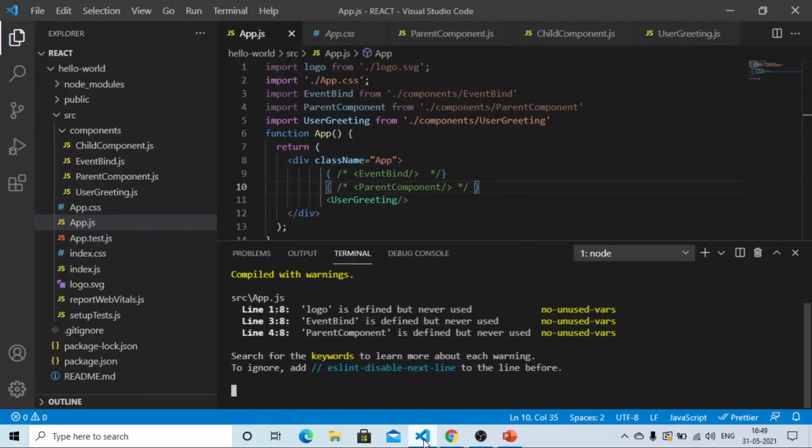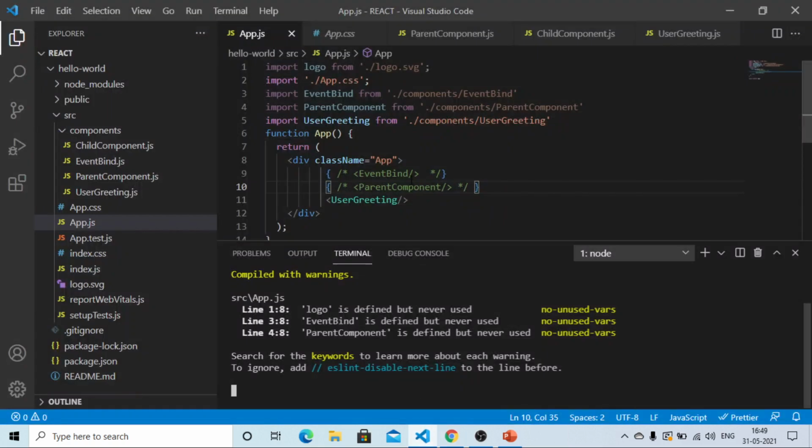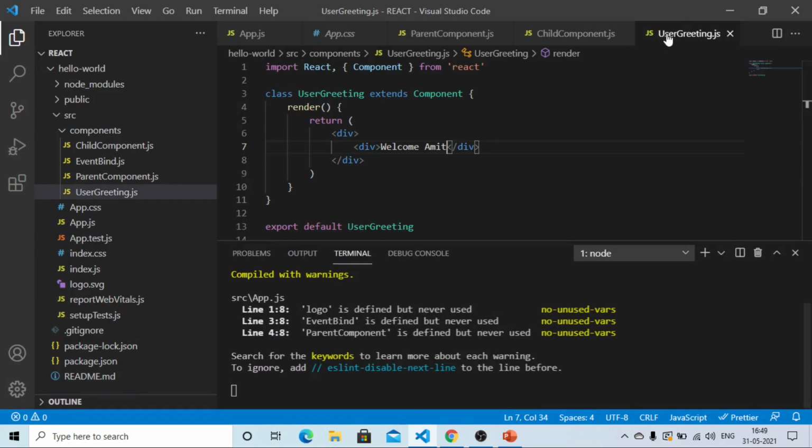So the browser is refreshing. And we are able to see the message welcome Amit rendered in the browser. Now, before I jump to the if else statement, I would like to show one thing more.